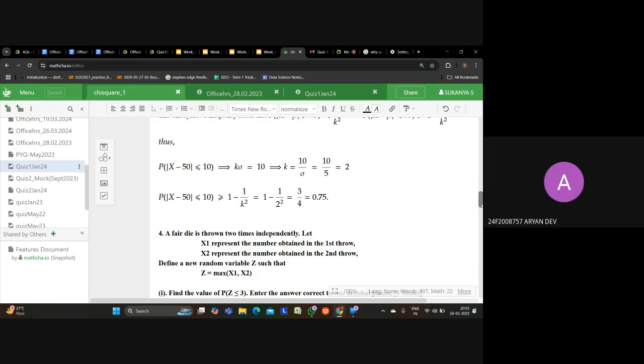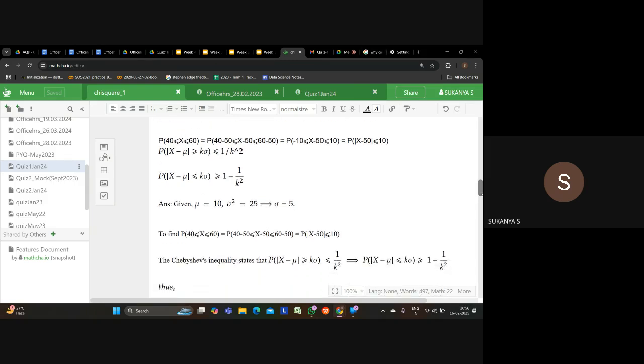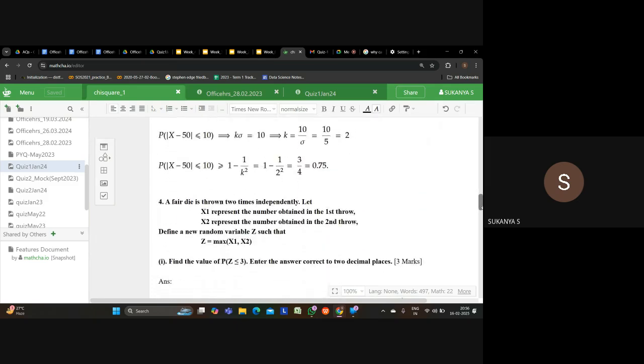These formulas will also be in the formula sheet in the exam. I guess Markov and Chebyshev inequalities will be there. I'll check as soon as we finish our session. It's there in the drive. I'll check the formula sheet once and confirm.